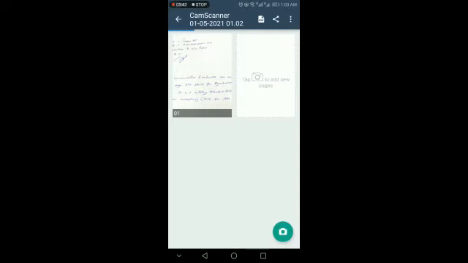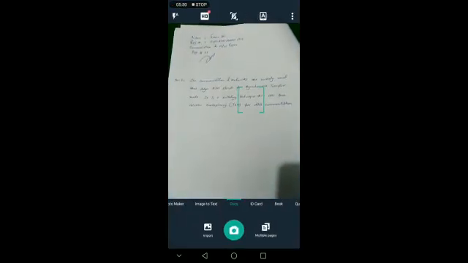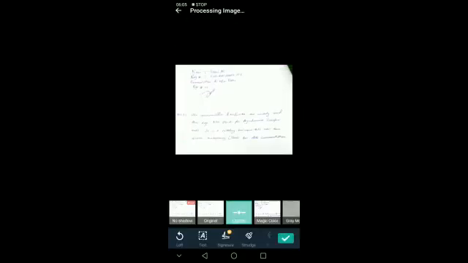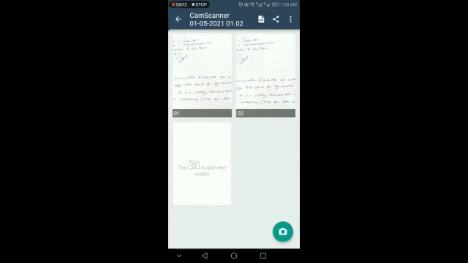Now click on this camera icon at the bottom right again. Take the picture of your second sheet. Again, focus the screen. Press the camera icon. Drag these dots to make it a proper image. Press next. Once it's done, then press tick icon, and this is how you will keep on inserting all the images that are being required to you and that are the number of sheets you have attempted.